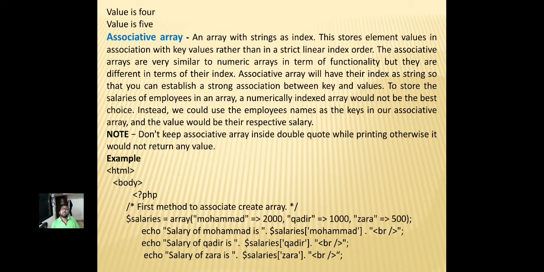Associative array: an array with strings as index. This stores element values in association with key values rather than in a strict linear index order. The associative arrays are very similar to numeric arrays in terms of functionality, but they are different in terms of their index. Associative arrays will have their index as string so that you can establish a strong association between key